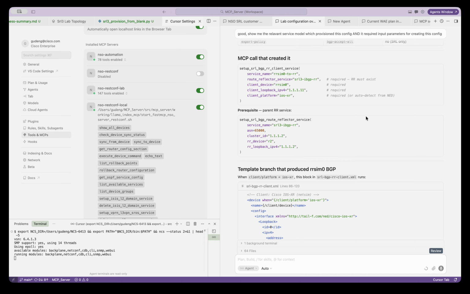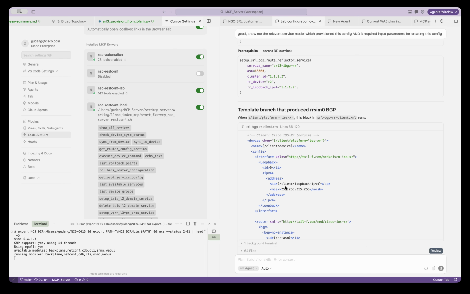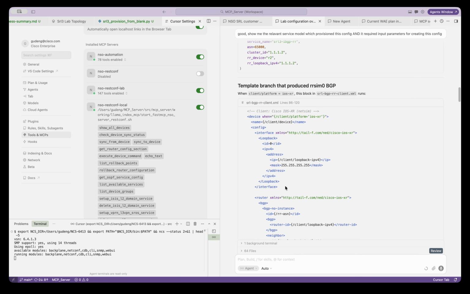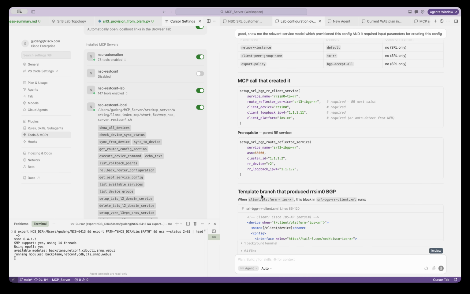Then this is the service model, and this is its corresponding template. If you're familiar with NSO, you know that you always have a YANG model that describes the service. Basically, the parameters you need to put in to provision a service. A service is just a bunch of parameters that you define as a service.